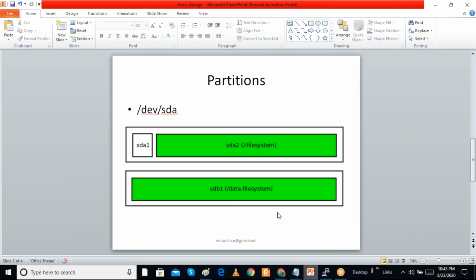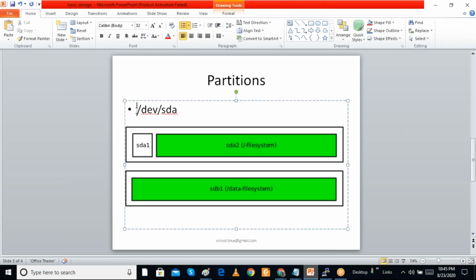In Linux, all the partitions, like hardware devices, have corresponding device files. In Linux, we have the DEV directory, and each and every hard disk has a corresponding device file. Generally the first hard disk will come as /dev/sda, the second hard disk will come as /dev/sdb.